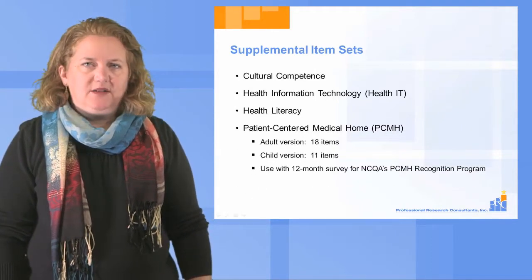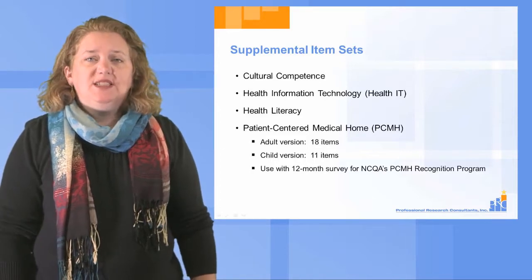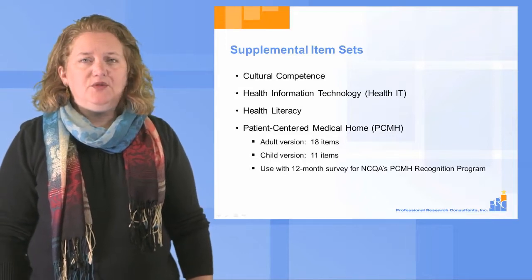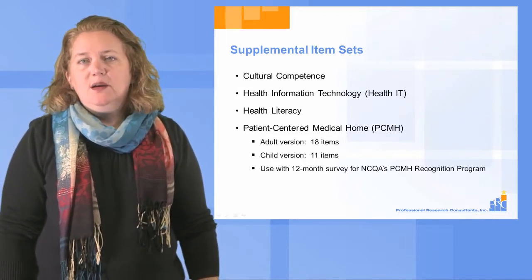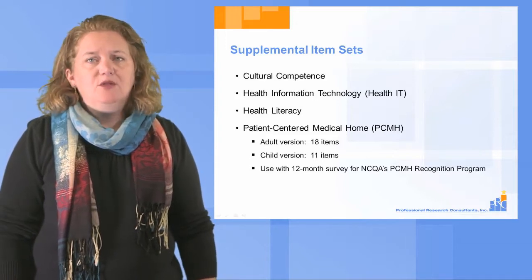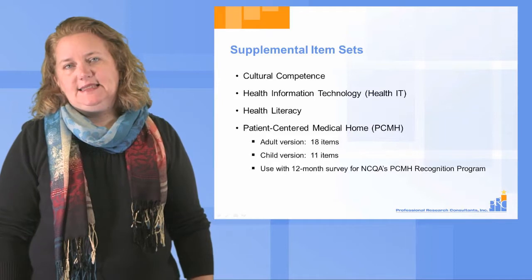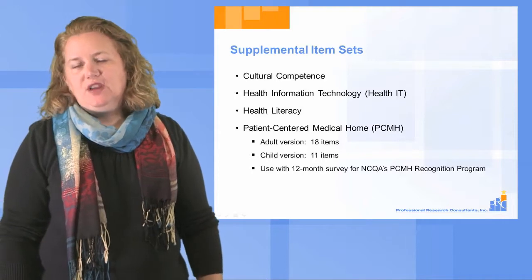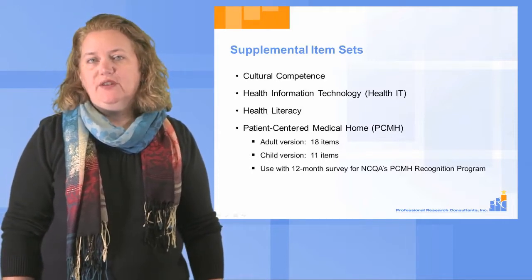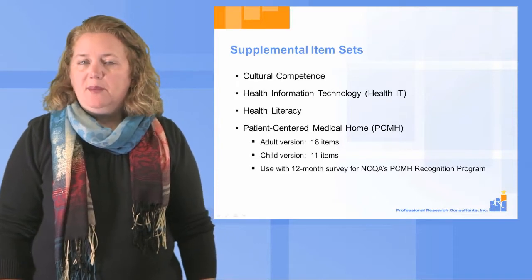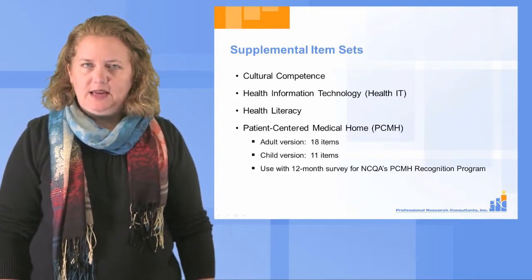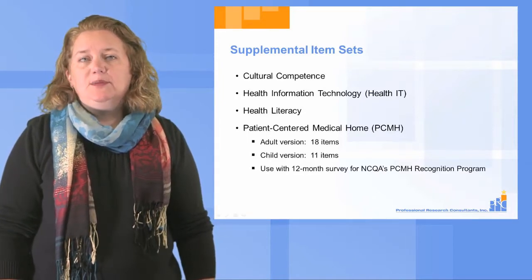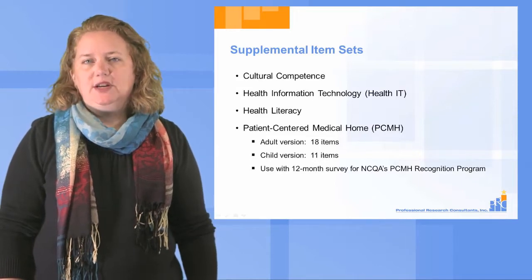The fourth supplemental item set available, and the one most commonly used, addresses patient-centered medical homes, or PCMH. The medical home model is a growing concept for delivering primary care to patients of all ages. Patient experience is a vital measurement, along with many other metrics, to determine the effectiveness and success of this model. The PCMH questions expand on the access and coordination of care topics already covered in the CG-CAHPS core survey. This item set also includes the new topics of self-management support, shared decision-making, and behavioral health and whole person orientation. Many of the topics in the other supplemental item sets are also included in the PCMH questions.